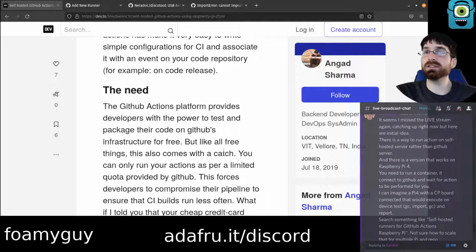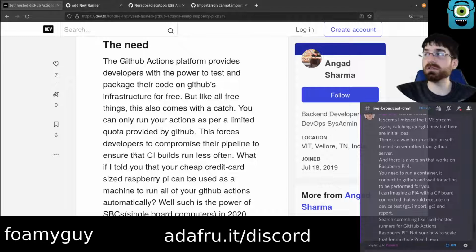Basically, the idea here is you download some stuff, you install some stuff, and then you run a little script on a host computer, be it a Raspberry Pi or whatever else. And then you set up your repo to, on specific workflows, run it inside of your self-hosted runner instead of inside of the GitHub cloud infrastructure,